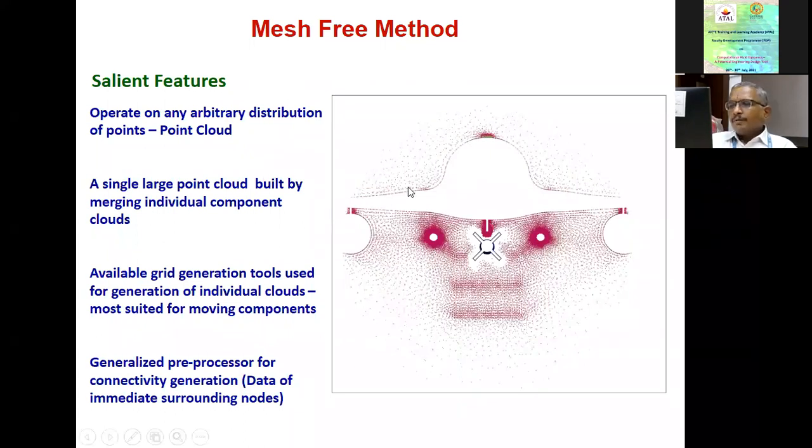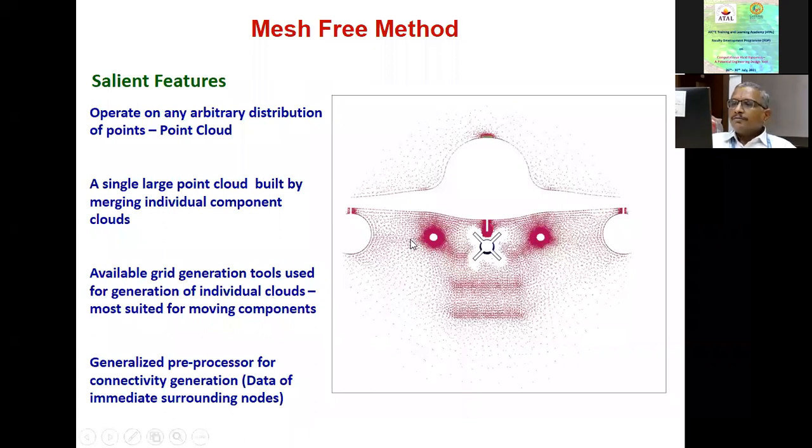So suppose I say, given a configuration, I could get a cloud of points like this. Of course, how we get a cloud of points is the core issue which has to be addressed with the mesh-free solvers, which I will explain a little bit down the line. So given a configuration, we generate a cloud of points. How do I generate this cloud? Of course, I would go back to the grid generators, but I would not be really worried about quality of grids, especially in terms of what we call directions. If it is a structured grid, you have 3 directions. You have to really worry about all the coordinate directions. No such thing is required here.